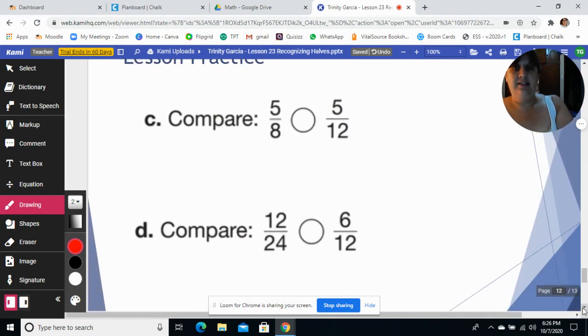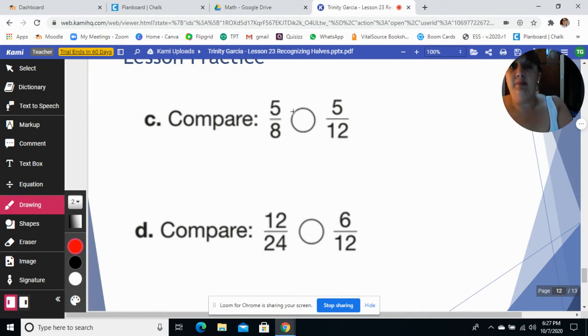Okay, lesson practice C. We're going to compare these two fractions to see which is greater and which is less. Okay, which is greater and which is less. We have 5/8 and we have 5/12. So what do we need to do? Well, let's see if either of these are 1/2. Are either of these 1/2? Nope. Okay, because 5 is not half of 12 and 5 is not half of 8. Okay, are they equal? No, because if you had 5 parts of 12, would that be less than if you had 5 parts of